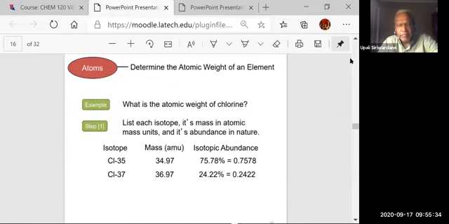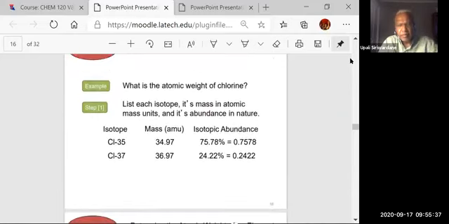We have an example, chlorine. Chlorine has two isotopes, chlorine-35 and chlorine-37. Their exact masses are 34.97 and 36.95, close to whole numbers, but their abundances are different: 75% of 35 and 24% of 37. So you multiply the mass by the abundance, and you get